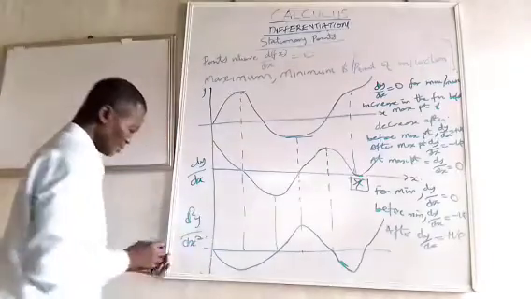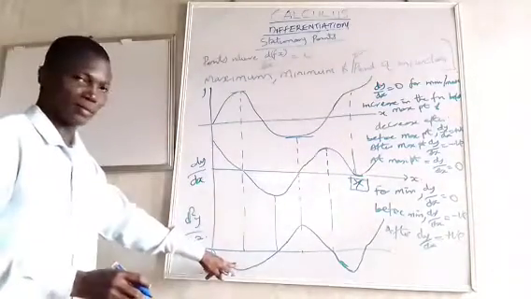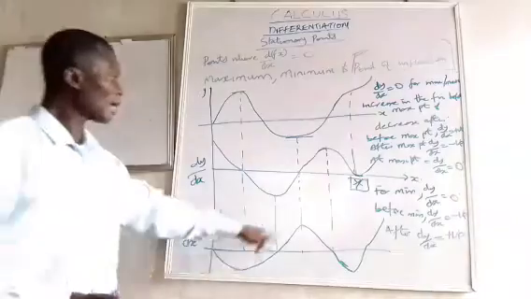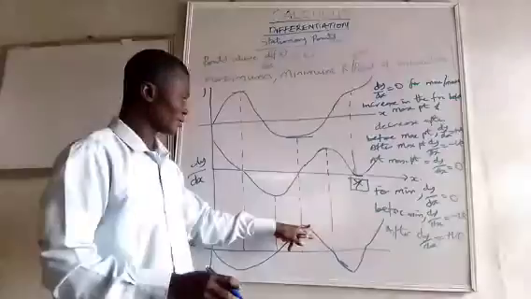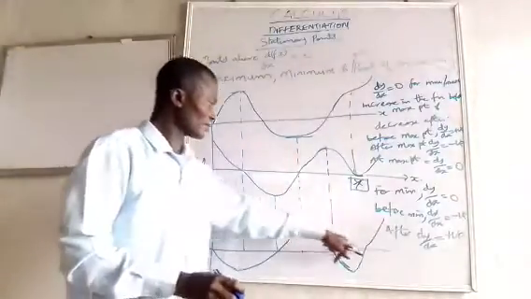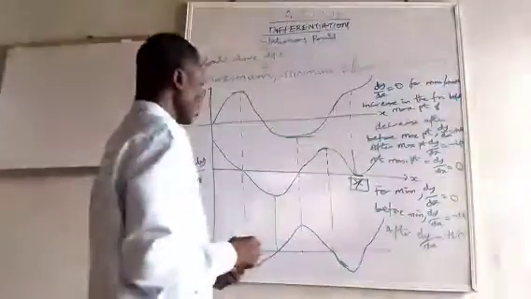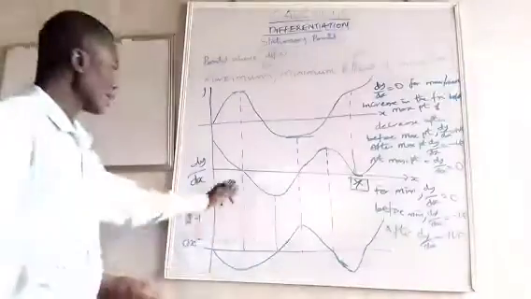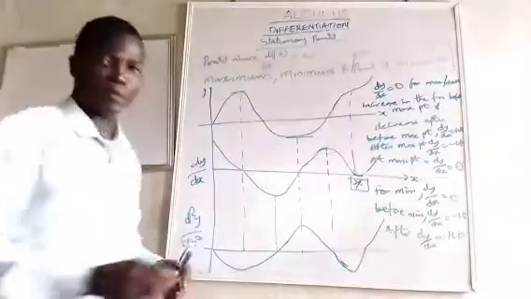Now let's go to the d2y/dx squared. If you look at it, at this point, it is negative. At this point, it is positive. You can see, this one changes sign. So that is another test. So now let us see if we want to use the d2y/dx